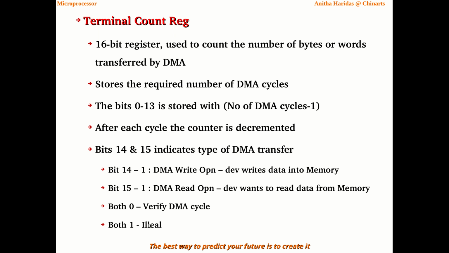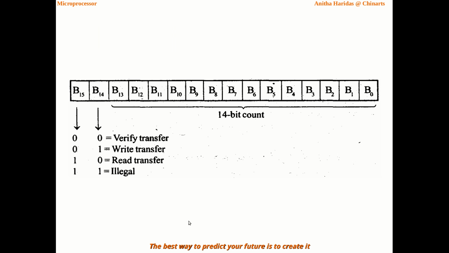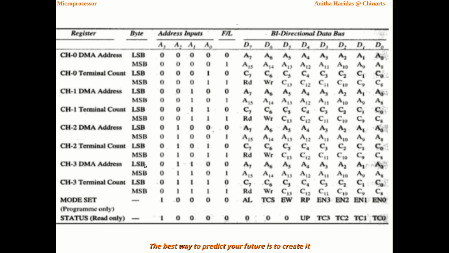And if it is 1 1, it is an illegal operation. Right? So this is the bit count we have seen. Bit 0 to bit 13 will be used as the counter, whereas bit 14 and bit 15 will be used for specifying what operation is being performed. Right? Just recollect this